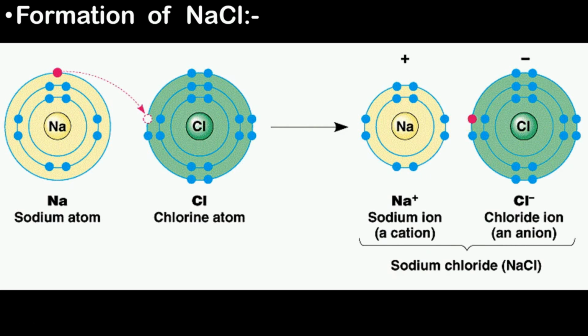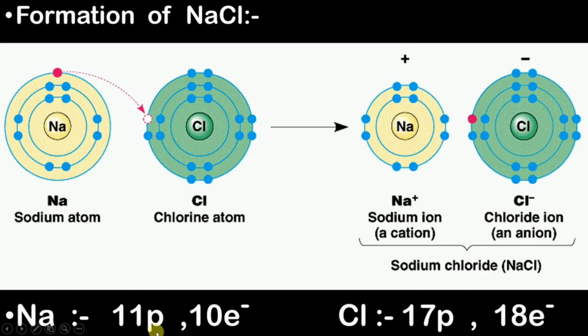Now due to this, what happens is that the sodium atom becomes positively charged. Why does it become positively charged? Because now it has 11 protons and 10 electrons, which means that it has now 1 proton more than electron. And one proton means what? 1 positive charge. Therefore this Na becomes Na plus now. Okay, so there's a positive charge on sodium atom now, and there is a negative charge on the chlorine atom. Why is there a negative charge on the chlorine atom? Because it has 17 protons and now it has taken 1 extra electron, and now the electrons have become 18. Therefore it becomes negatively charged.